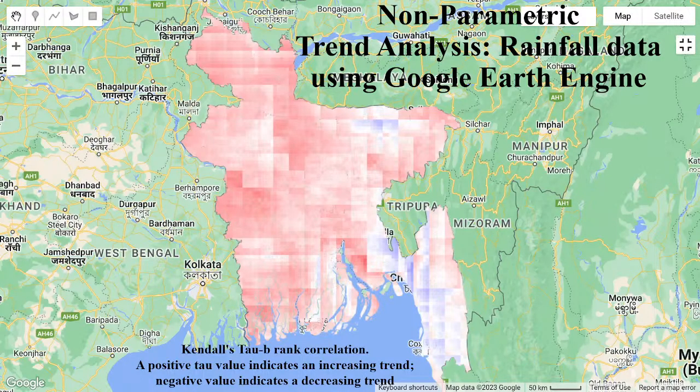A positive tau value identifies more increasing rainfall trend. So this type of region, the blue color region, identifies the increasing trend of precipitation for Bangladesh, as well as